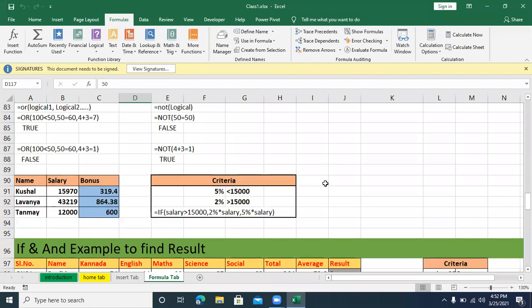So, Error Checking. While you are applying formulas, you may get some errors like name error, reference error, NA, and it displays a small triangle at the left-hand side of the cell. That is called an error. If you have those errors in this sheet, you can immediately find them, just like you check spelling mistakes in your paragraph or essay in a Word document. In a similar way, in the Excel workbook, I can find only